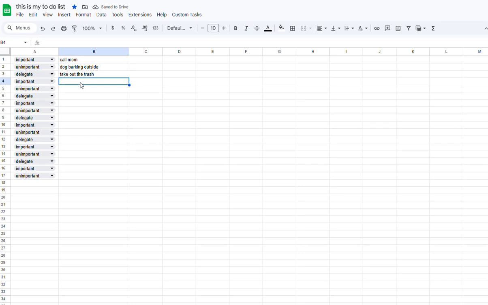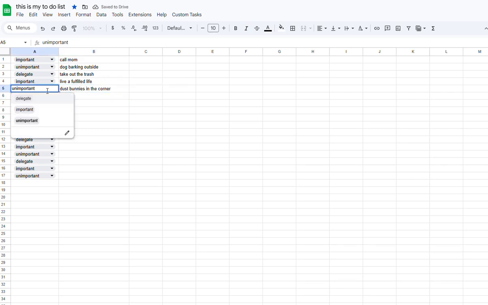So important would be live a fulfilled life. Unimportant, dust bunnies in the corner, etc. But I might have OCD, so the dust bunnies in the corner might be important, so I can now